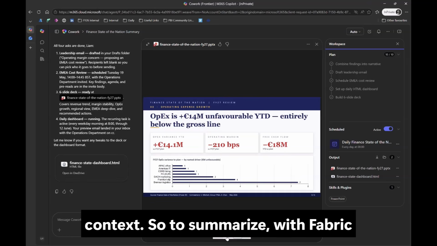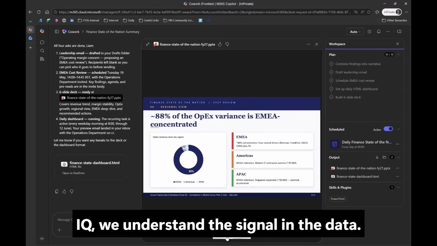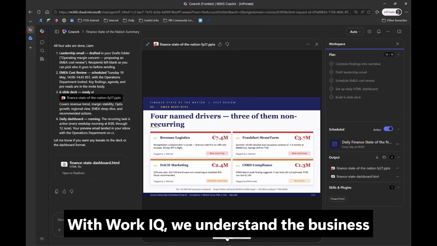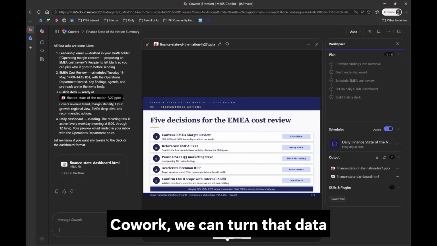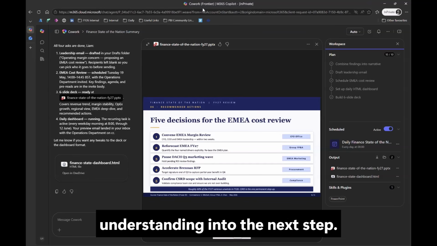So to summarize, with Fabric IQ, we understand the signal in the data. With Work IQ, we understand the business context behind it. And with M365 Cowork, we can turn that data understanding into the next step,